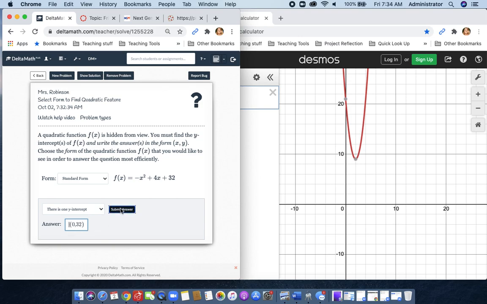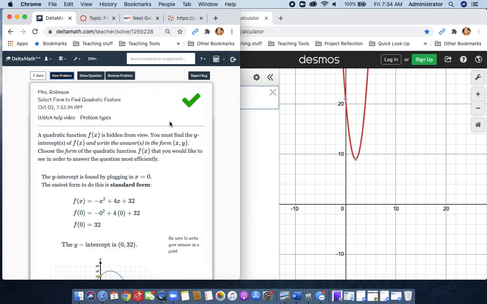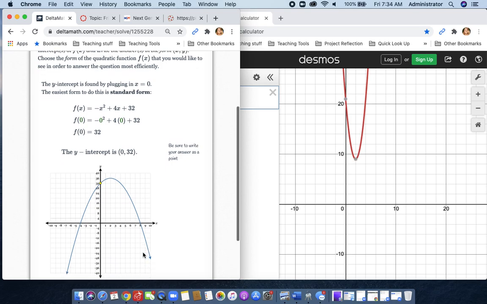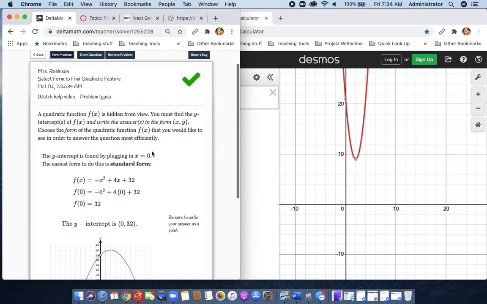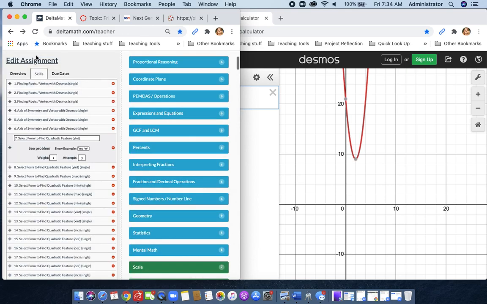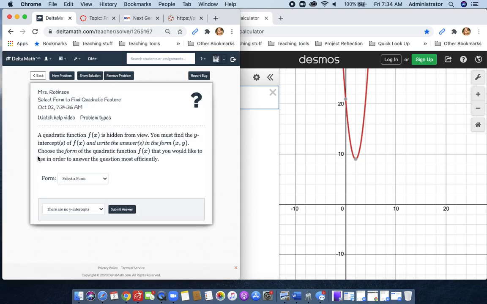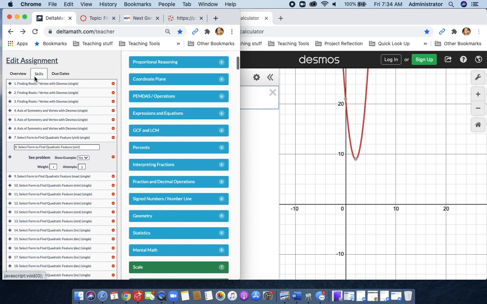Make sure it only has one set, so it doesn't tell you your answer is wrong. And we are correct. Again, that constant term will always be your y-intercept. All right, so you're going to do the exact same thing here. Again, they are asking for the y-intercept, so let's go ahead and pause my video at this time, and your